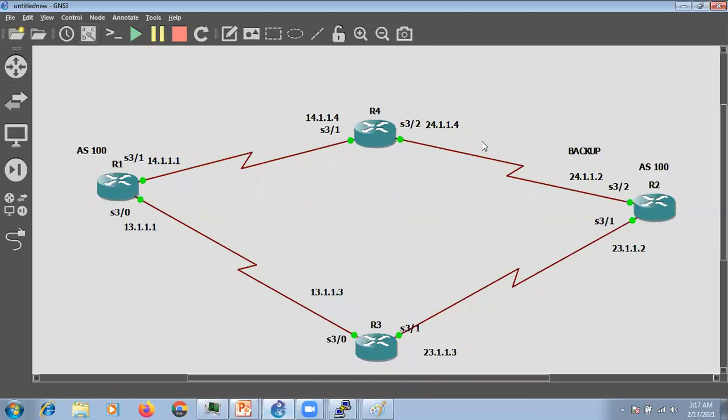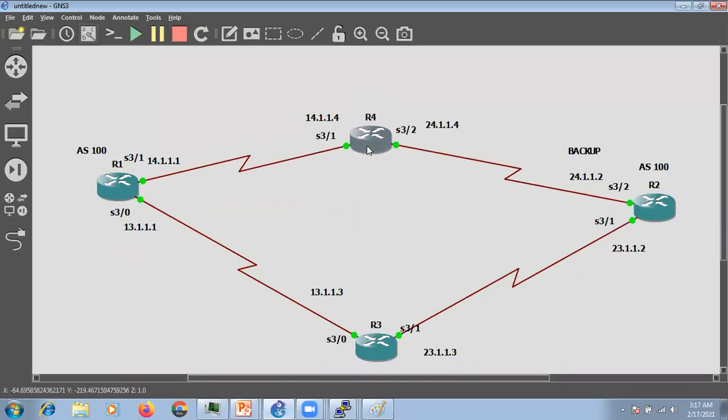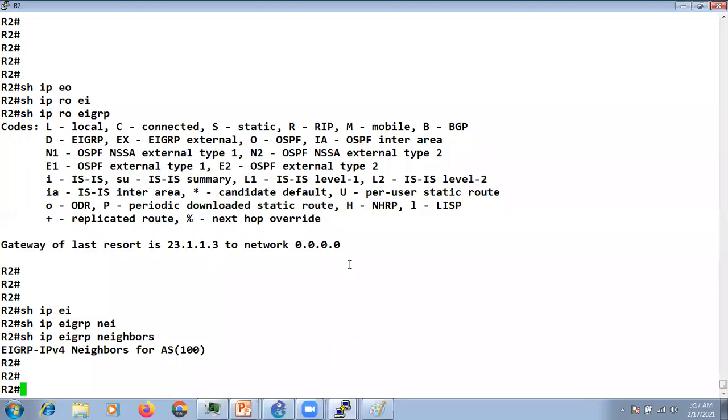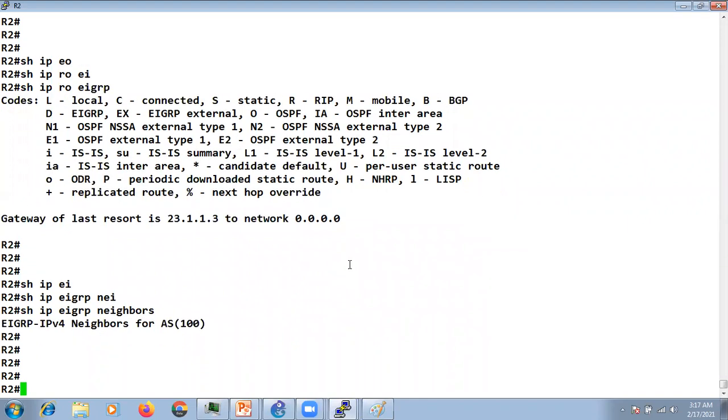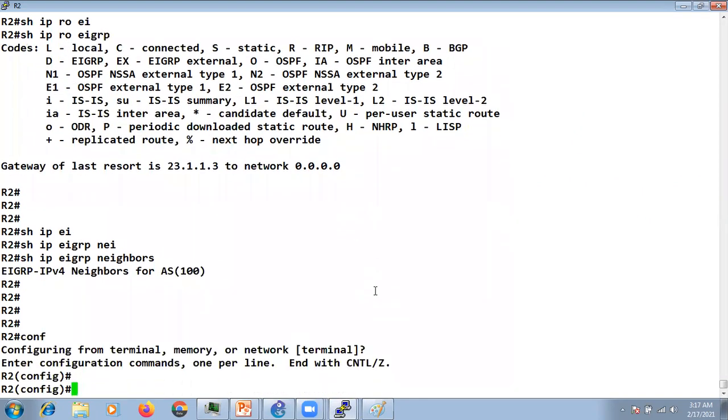So now this fall-over command is violating our very first rule, that we cannot make the neighborship between two peers if they are reachable via the default route. So now we have a problem. What's the solution for it? The solution is to use a route map with the fall-over command. What we can do is,